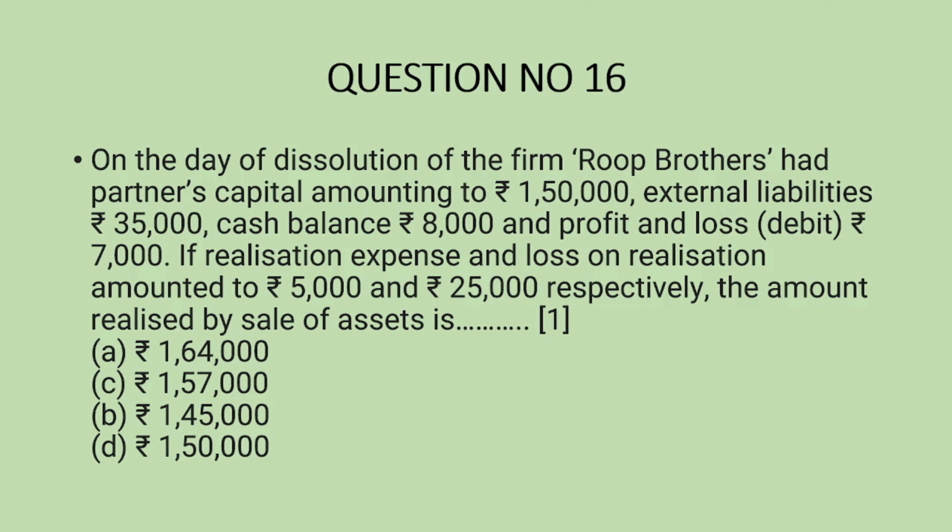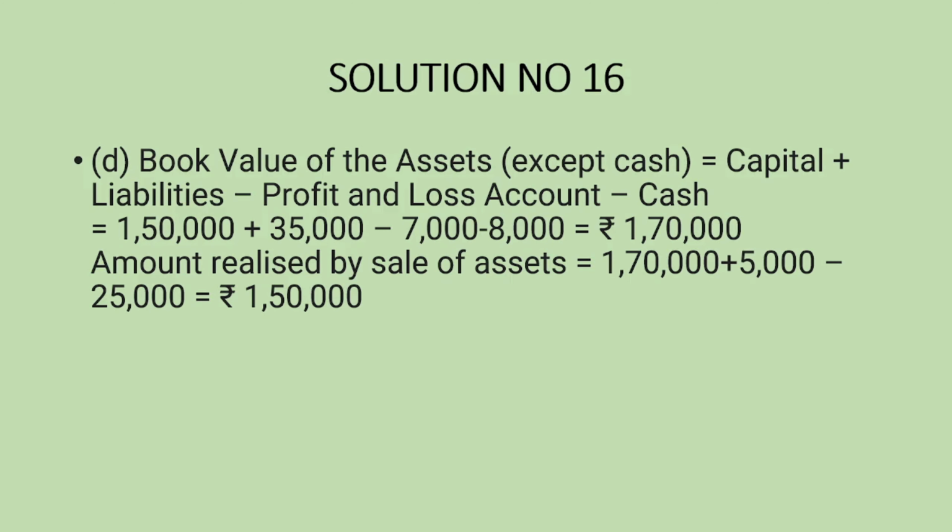Now, question number 16. On the day of dissolution of the firm, Rup Brothers had partners' capital amounting to rupees 1,50,000, external liabilities worth rupees 35,000, cash balance 8,000, and the profit and loss is 7,000 rupees. If realization expenses and losses are 5,000 and 25,000 respectively, the amount realized on the sale of asset is